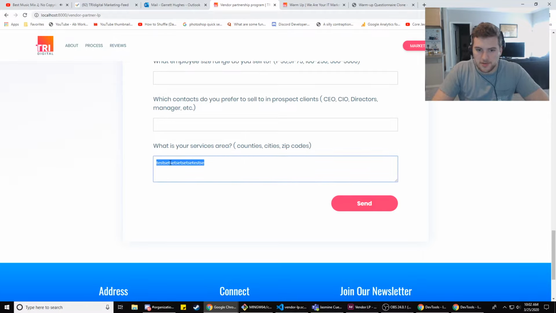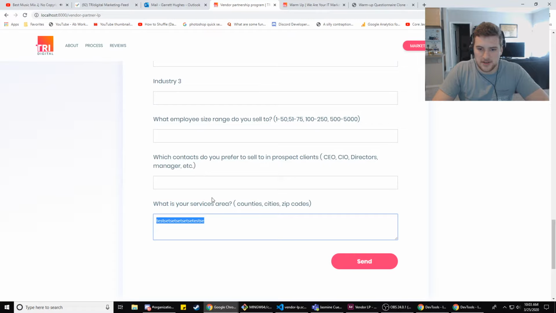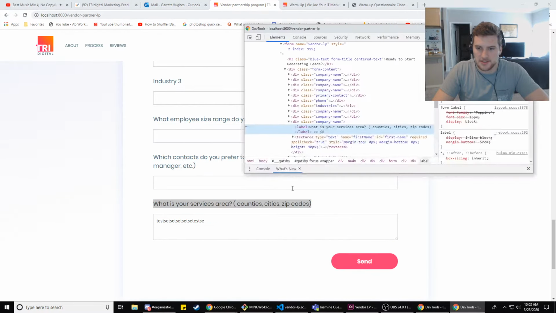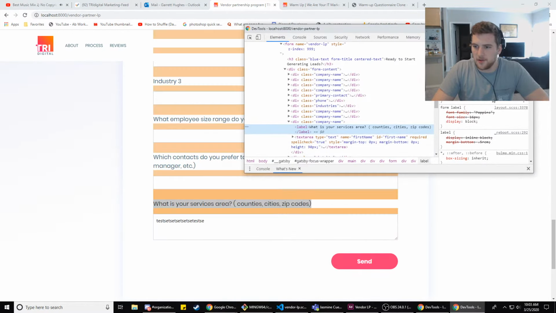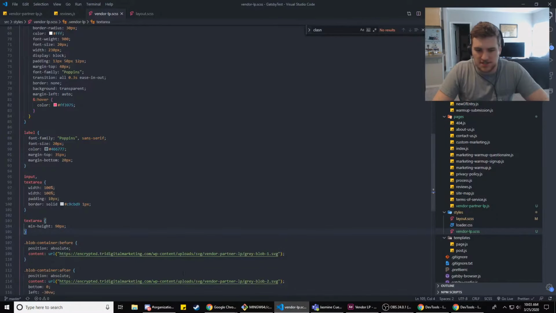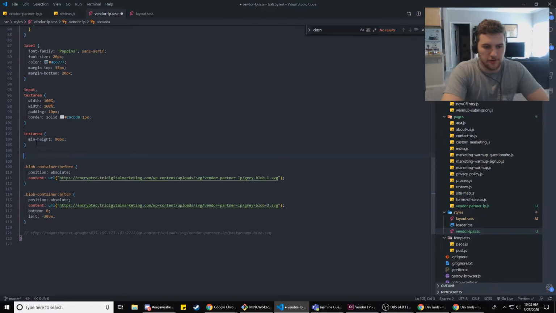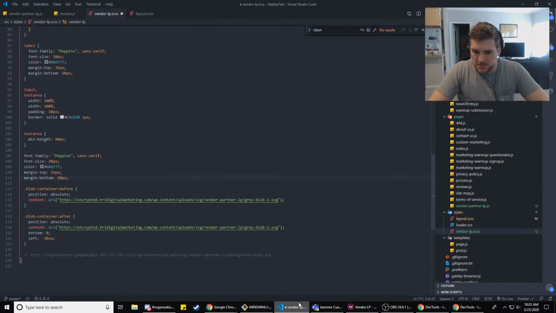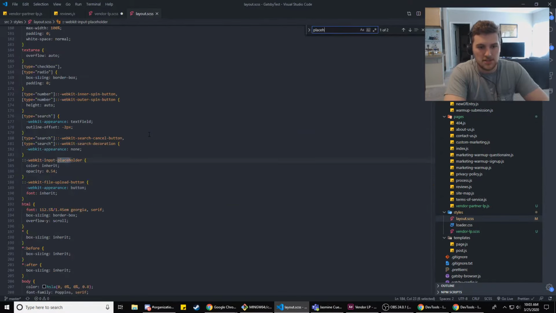I'm assuming the input and text area text is supposed to look like these, because I feel like that'll look good. So we're just going to copy those, and then we're going to target placeholder text stuff. So I keep forgetting how to target placeholder text, right? Placeholder.